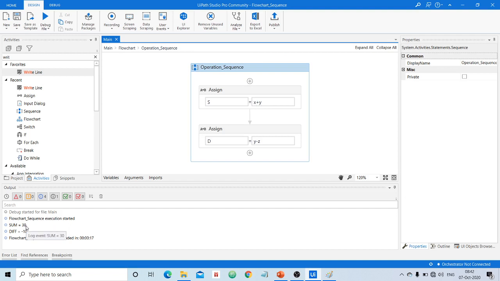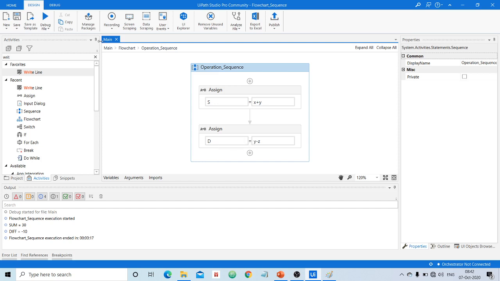So 10 and 20 is 30. And we are finding the difference between the last two variables, y minus z, which is 20 minus 30, which is nothing but minus 10. So this is how we can use sequence and flowchart. I hope with this example you understood when to use sequence, when to use flowchart, or in other words, how to use sequence, how to use flowchart, right?